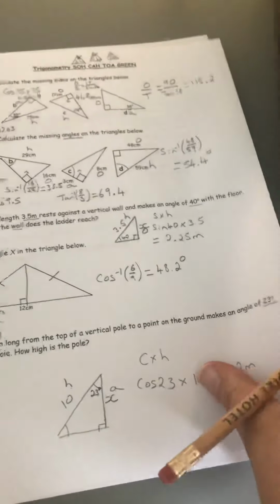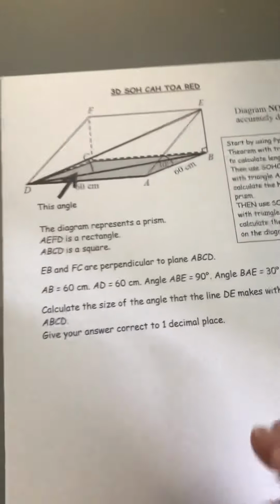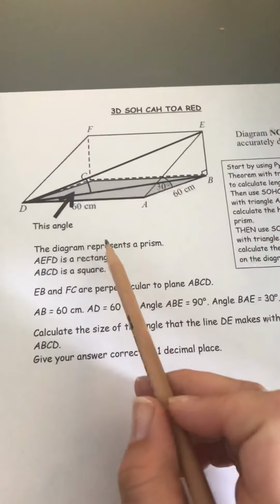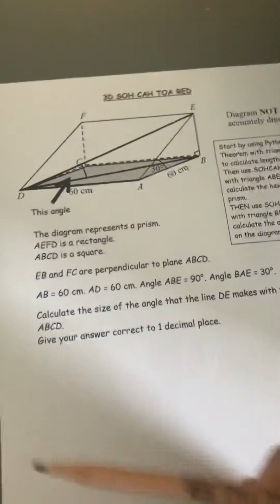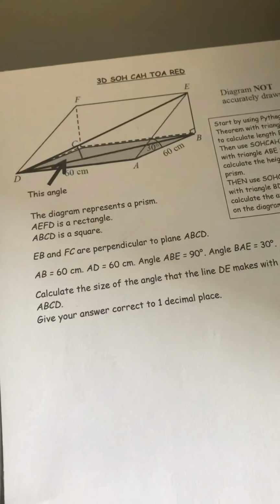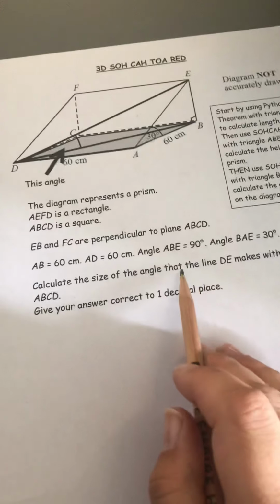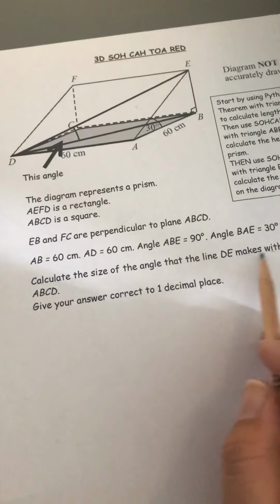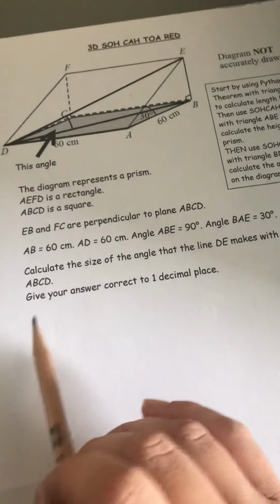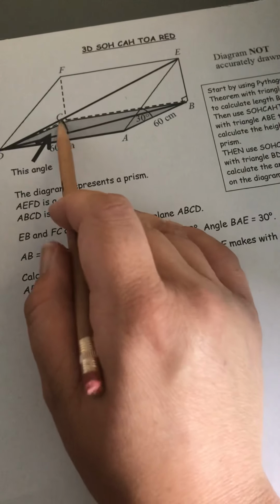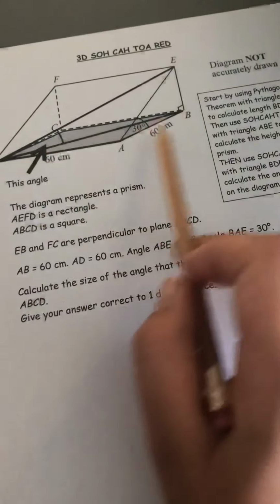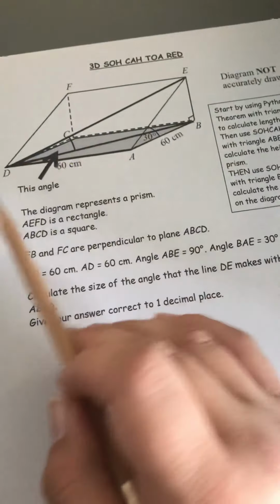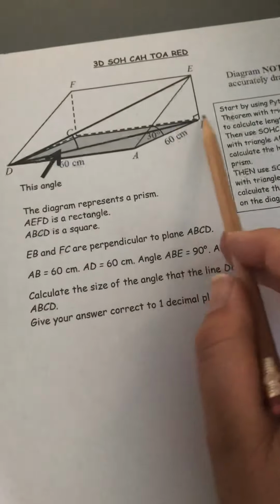Okay, let's see if I've got time to do the very last one. So very, very complicated 3D diagram. All this information tells us that that is the correct diagram. Right, calculate the size of the angle that the line DE makes with the plane ABCD. So I'm trying to find this angle here that they've quite nicely drawn on there. In an exam, they would not give you this much drawn on. You'd have to construct it yourself,